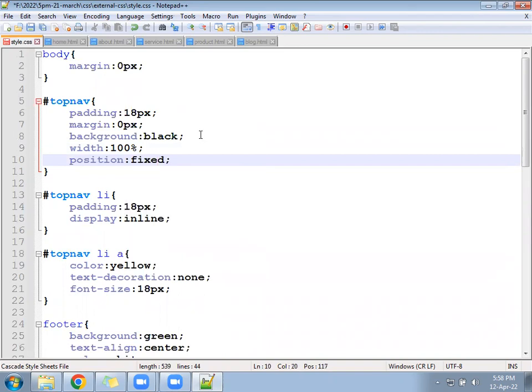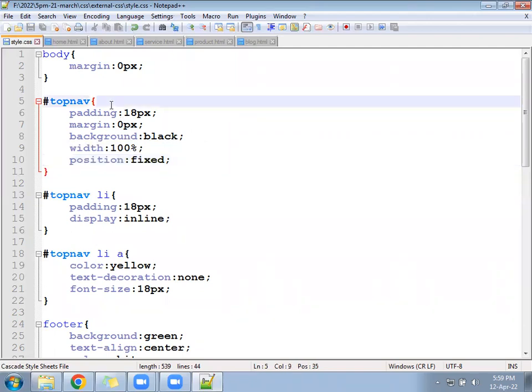Position as fixed. Okay, ready? Position fixed you have written.